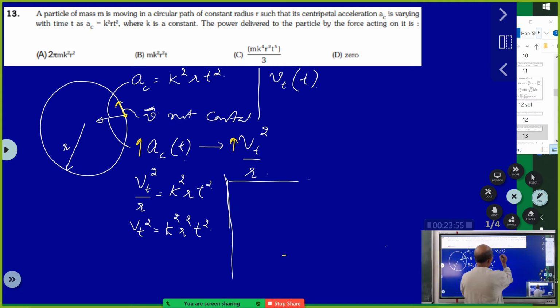So from this, if you can get At, the tangential acceleration. Here you got Vt square, so if you differentiate Vt square,